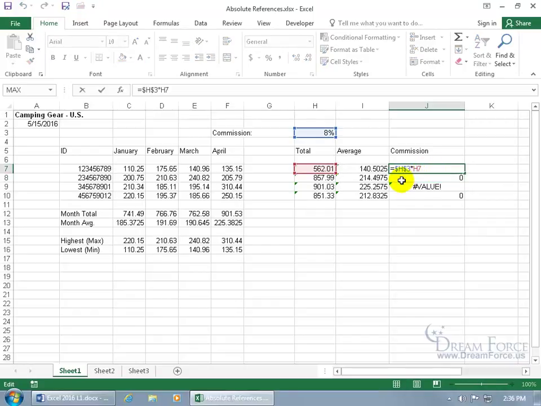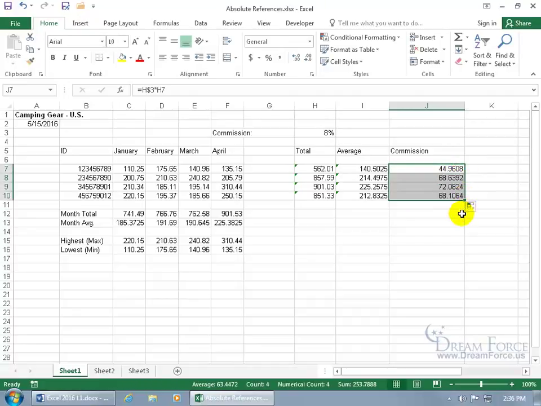You can see it better in color. You've got the $ sign before H and before 3. Now, the $ sign before H says never move it or never get out of column H. Well, am I really moving out of column H when I go down row by row? No. So I can actually get rid of the $ sign, the absolute reference in front of H, and hit enter, and then go ahead and copy and paste it by selecting it, clicking and dragging it down, and that works,